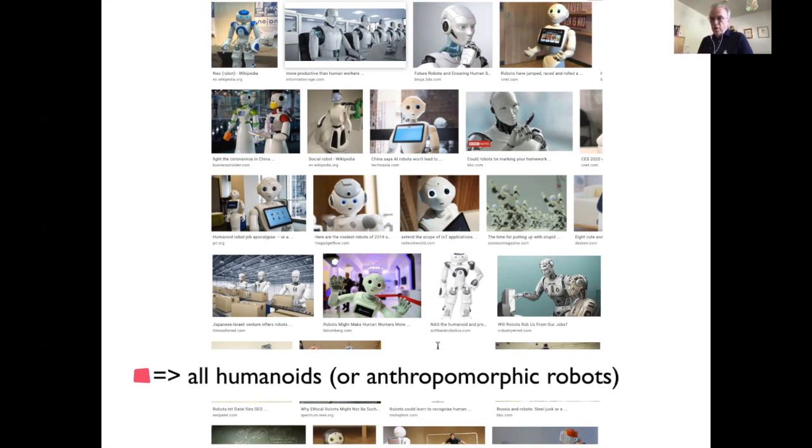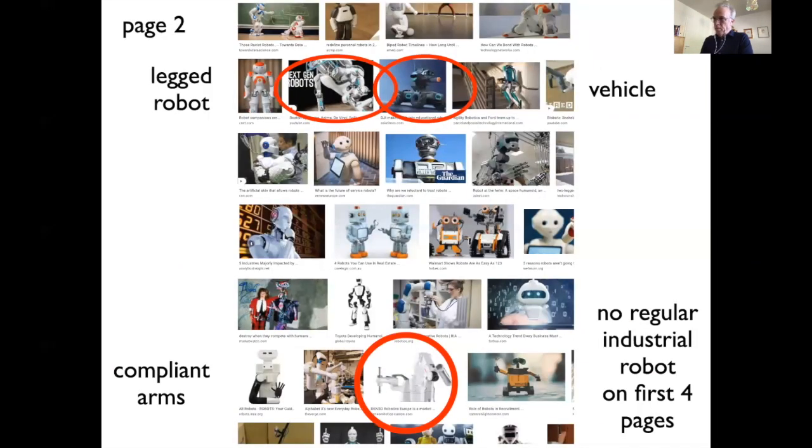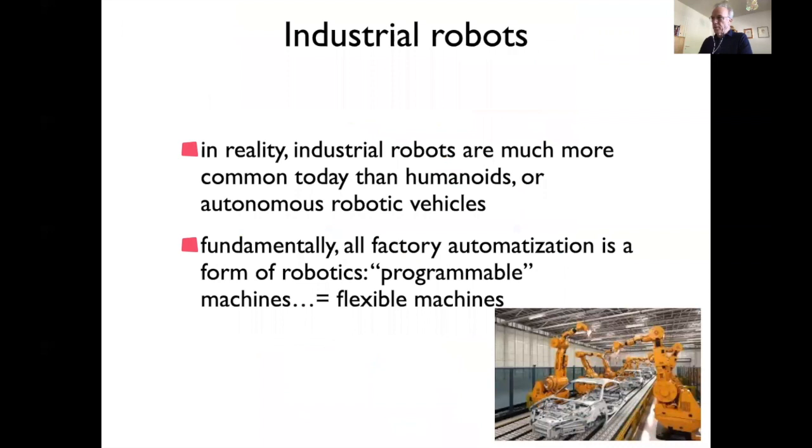The origin of that word actually comes from a human-like, come to life, animated object. You will see a little later some legged robots, some vehicles, some robot arms, compliant arms. Actually, there are no industrial robots on the first couple of pages, even though, of course, industrial robots are really what exists in reality. But a lot more industrial robots are working in the world today than humanoids or other autonomous kinds of